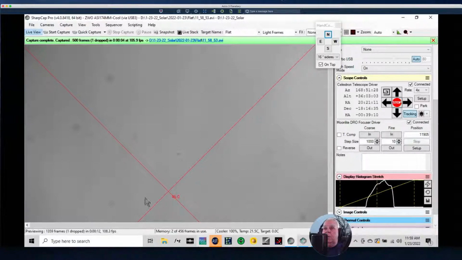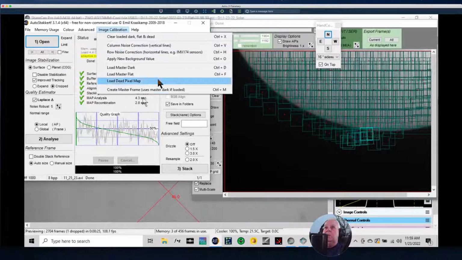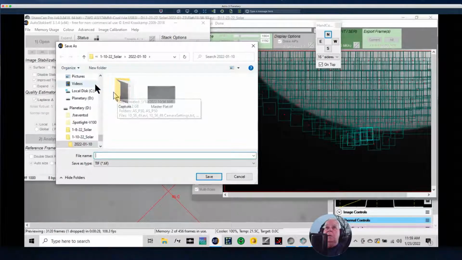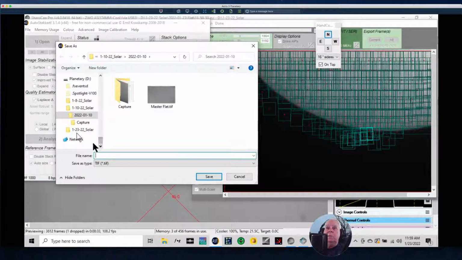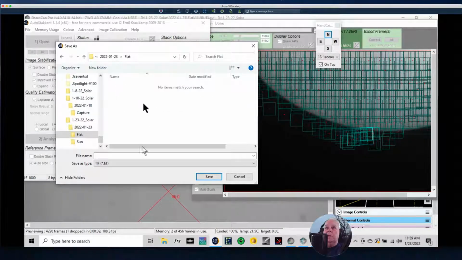Okay, let's go back to Autostakkert. And we are done. But what you do is you go to your image calibration and you say create a master frame. And then I'm going to go to today. I used the prior one. And I'm going to go to flat. And I'm just going to call this,